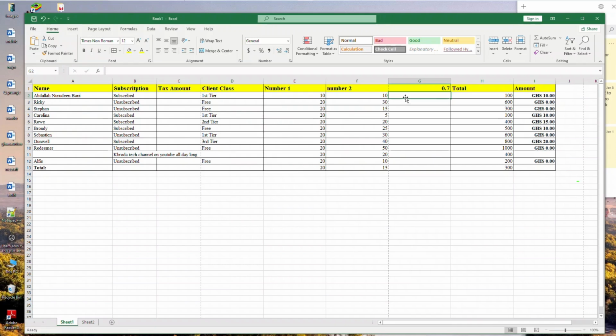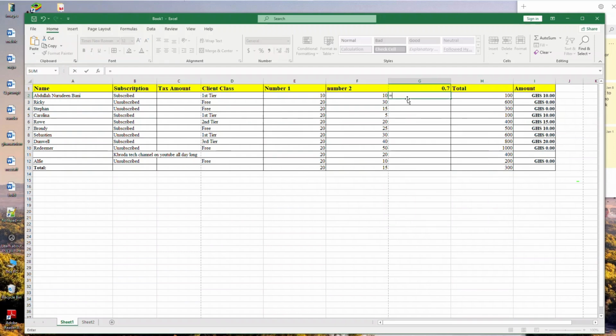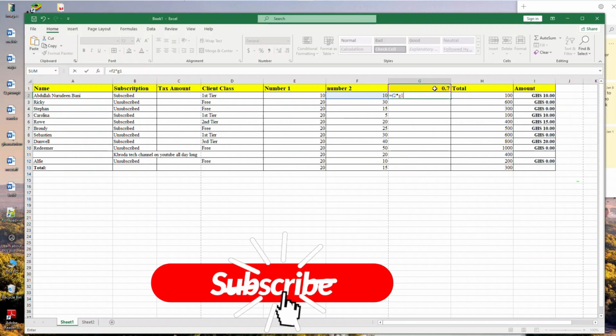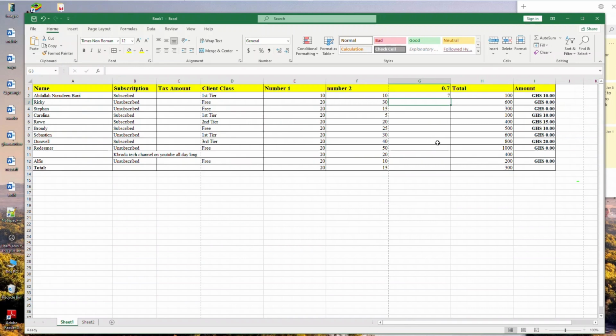by G1, it's not going to work. Let me show you guys. So F2, sorry, I don't even know how I enter this. F2, and then we multiply it by G1. This is G and this is 1. So you can see they've selected the two of them for me. You can see the 0.7 and this. Good. And now I get 7. You get it? When I double tap here,